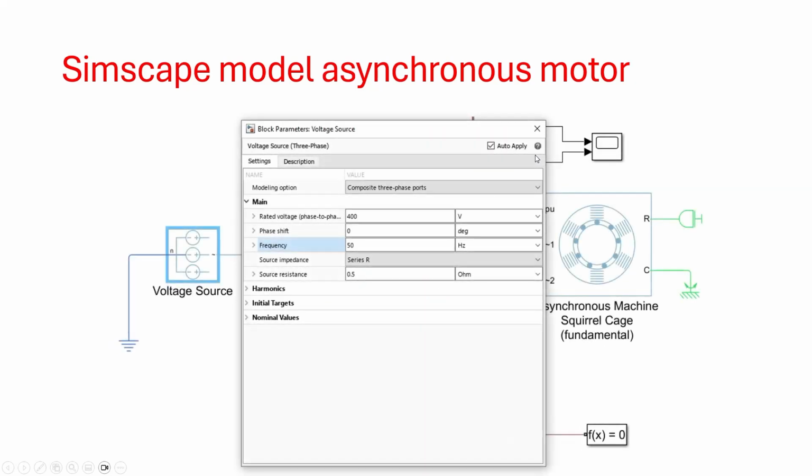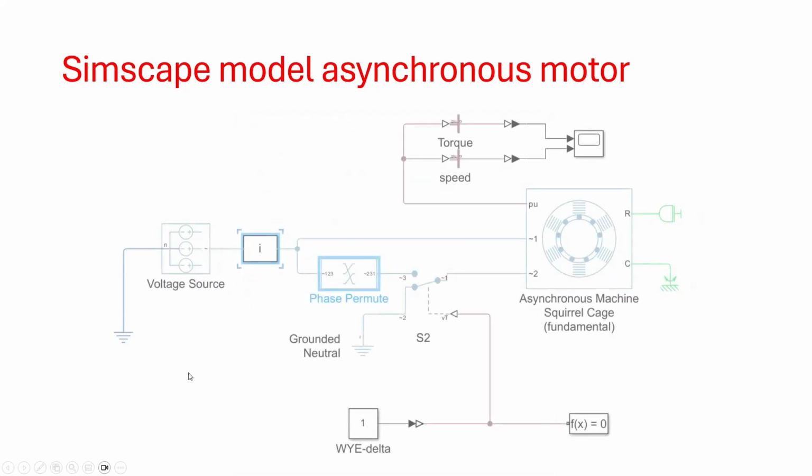We see a lot of components in which we have the voltage source over here, and the basic parameters of this voltage source, a 3-phase voltage source, is the rated voltage, which is the line voltage. I set it to 400 volt, so it has a phase voltage of 230 volt and the frequency of 50 Hertz. Then we find in this circuit a current measurement device, a 3-phase current measurement device, and here we have